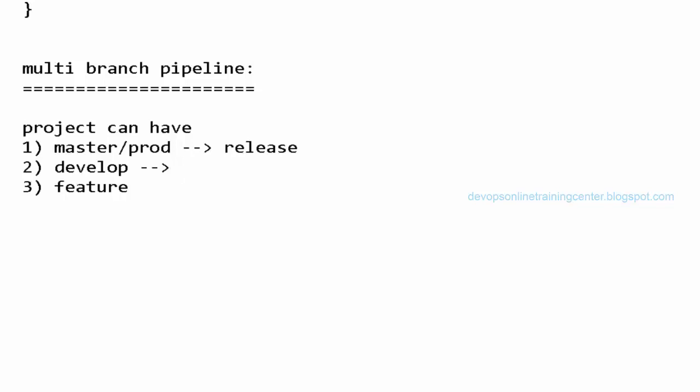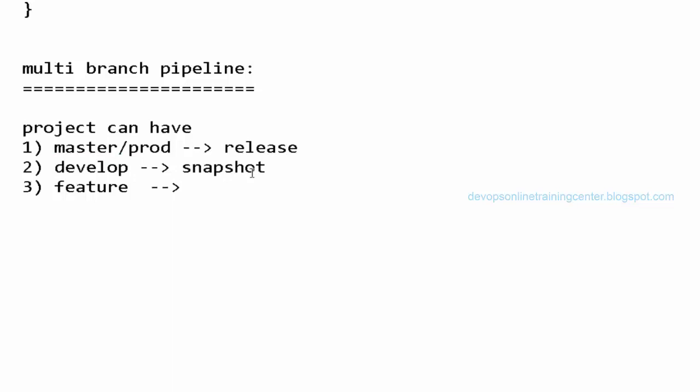Develop branch is where all the development happens. This is a replica of the master branch, and whenever a developer pushes, he uses a feature branch. Once testing is completed, the developer merges it with the develop branch. So the develop branch will have all the integrated features, and this is called snapshot.